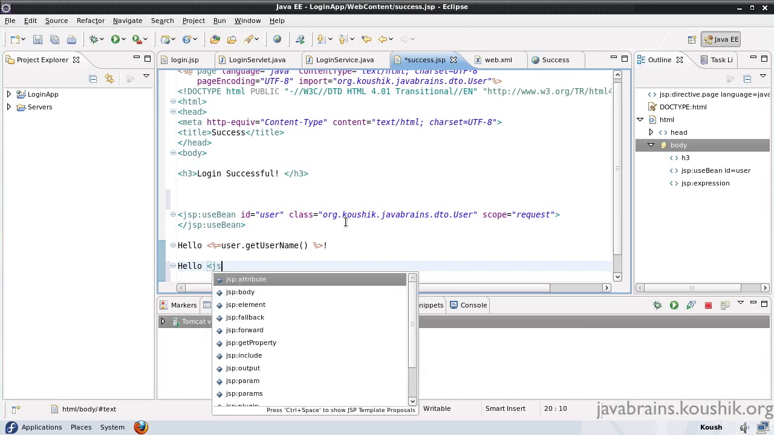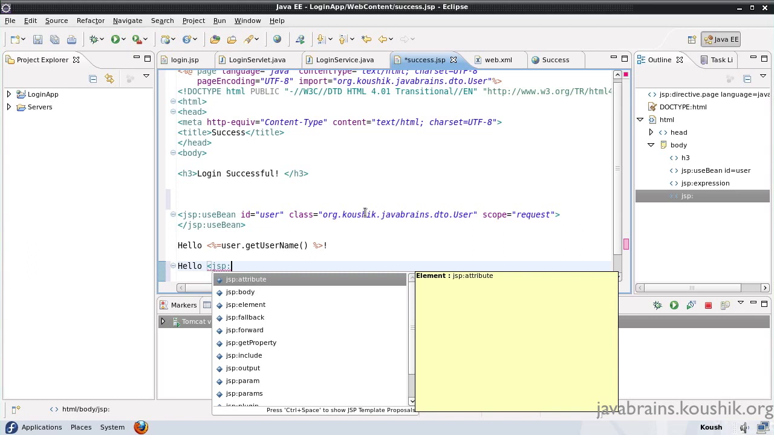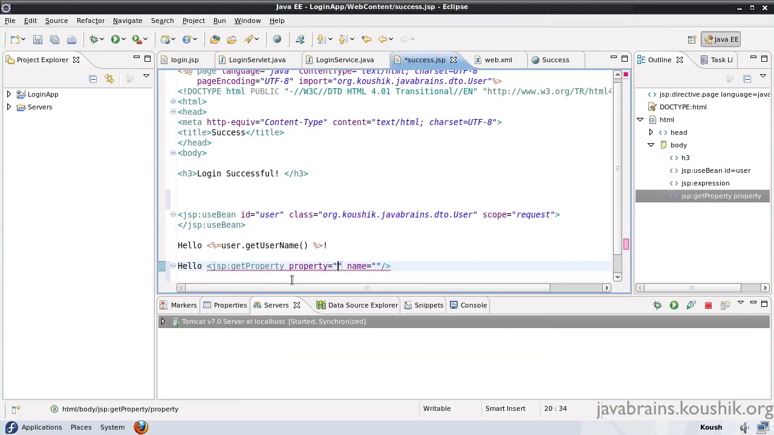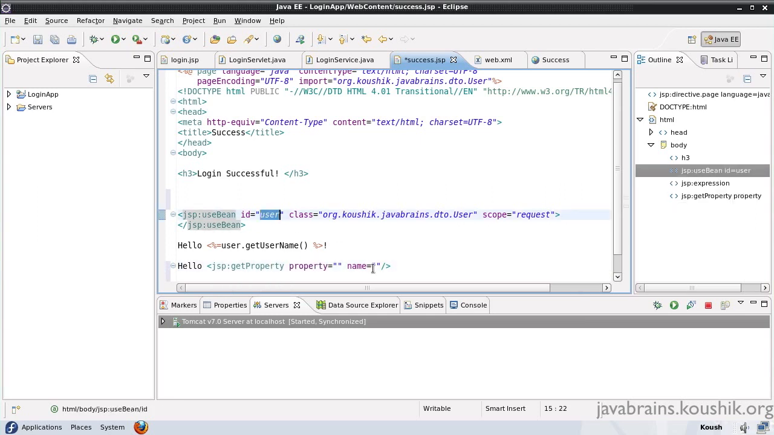Okay, so again, jsp colon, and the tag that we're going to use is this one, getProperty. The getProperty is used to get the property values of the beans that you have defined using the useBean tag. It takes two parameters, one is the property and one is the name. So the name tells this tag what is the bean that it needs to look at, and the property tells the tag what is the property that needs to be pulled out. So the name here is same as the name that we have defined here, which is user,